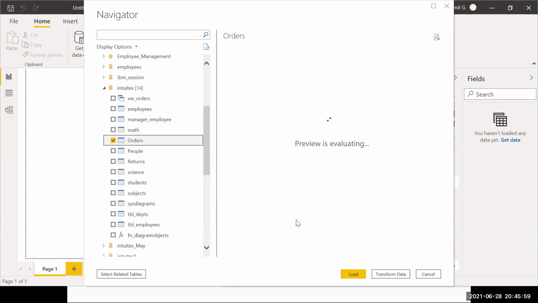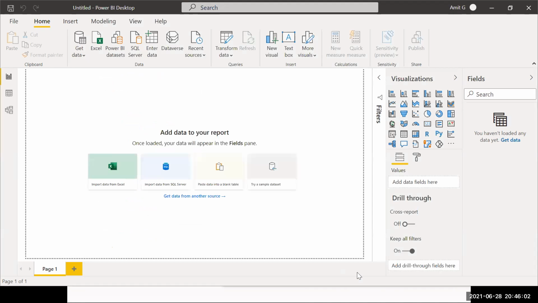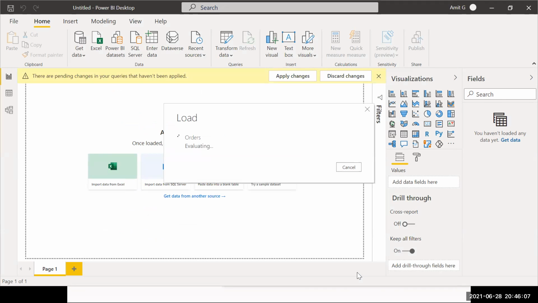So select that table and load it. Okay, so the data will be loaded in this.